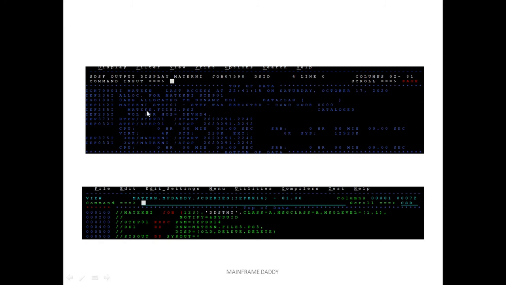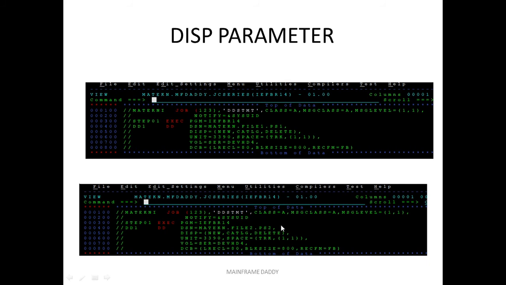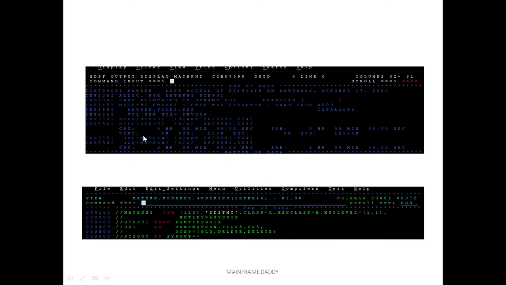So MADEKN.FILE2.PS2, this is the system message for this example. Here MADEKN.FILE2.PS2 is cataloged, it is created and it is cataloged, that is an entry is made in the system catalogs. So this is how allocation messages will be present in the JES system messages.